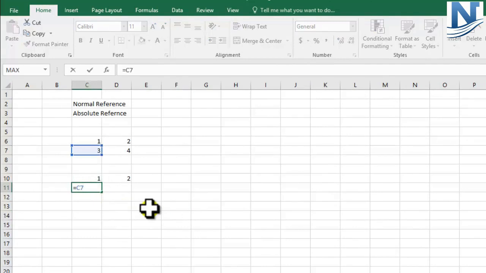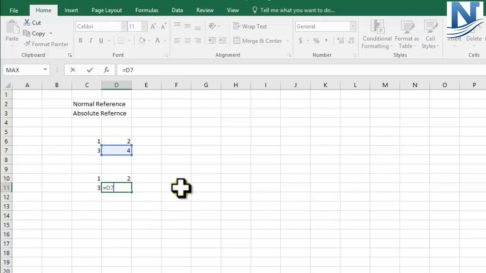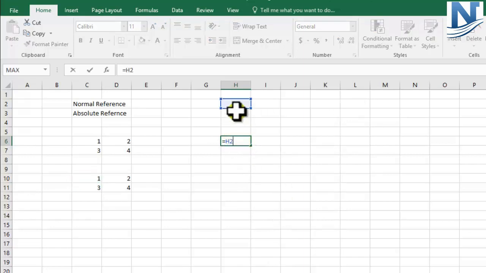Let's check from where the reference is taken. It is taken from this cell. Again, there is no problem. I'll copy this again and paste it with the help of Ctrl V. Again, all our references were properly taken. So this is what we saw, normal reference. Now let's try to copy this and paste it at some random place. Can you see now we are not getting a proper reference. Now the reference comes to H2, but we wanted the reference to be this.